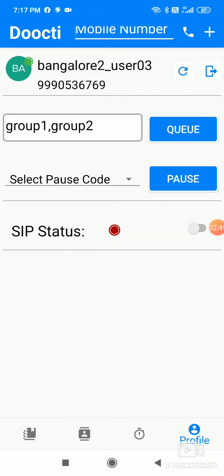And when you stop and when you log out, first of all you have to log out there, this icon. If you are shutting down your work for the whole day, you have to go there and log out. If you do not log out, you won't be able to log in again.